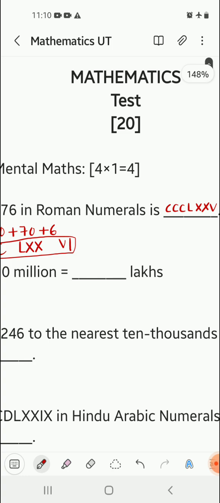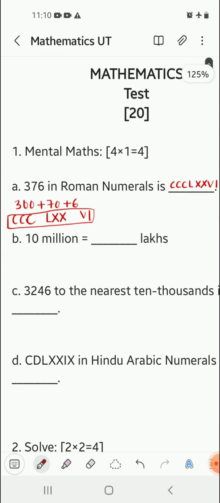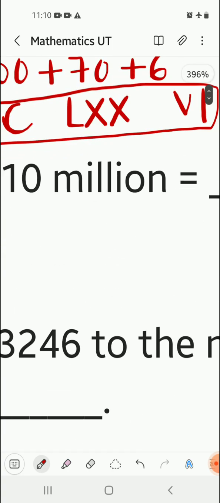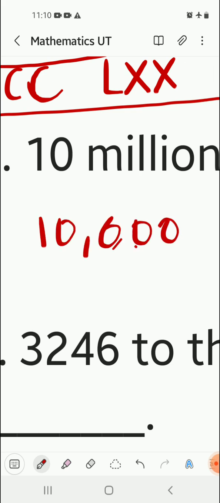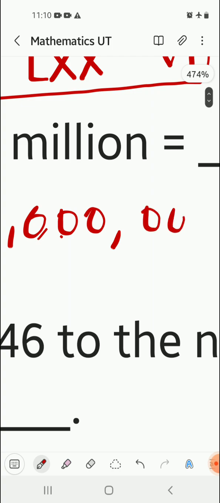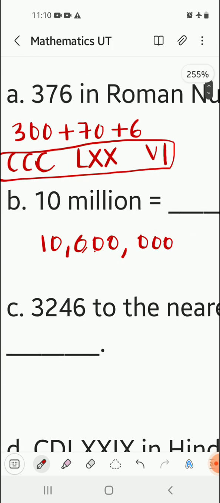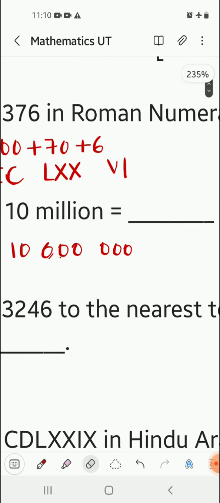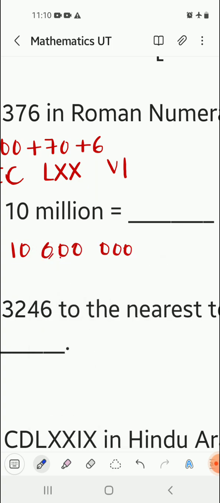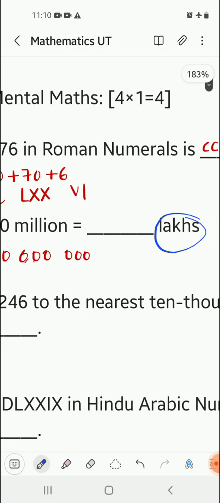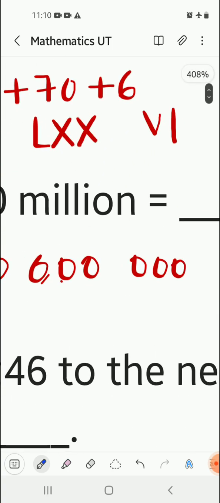So this is done. 10 million is equal to dash lakh. First, write down 10 million in figures. So 10 million is written as 0, 0, 0, again 0, 0, 0. Once you have written it this way, now erase this and simply write down the units in Indian style because lakh is given here. So we are going to write it this way: